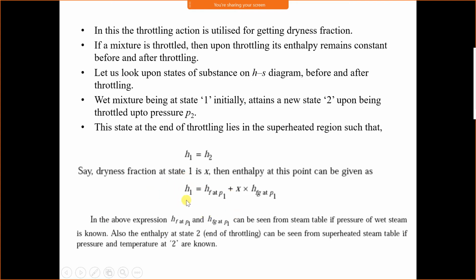Therefore, the formula of enthalpy for wet steam is written as H is equal to HF plus X HFG at a given pressure or a given temperature. Here pressure is given, because we are measuring the pressure. Therefore, we are writing at a pressure P1. If instead of pressure, temperature is given, we can take this formula for temperature T1. No problem here. We are measuring pressure. Therefore, we will take these values HF and HFG from the steam table on the basis of the given pressure.